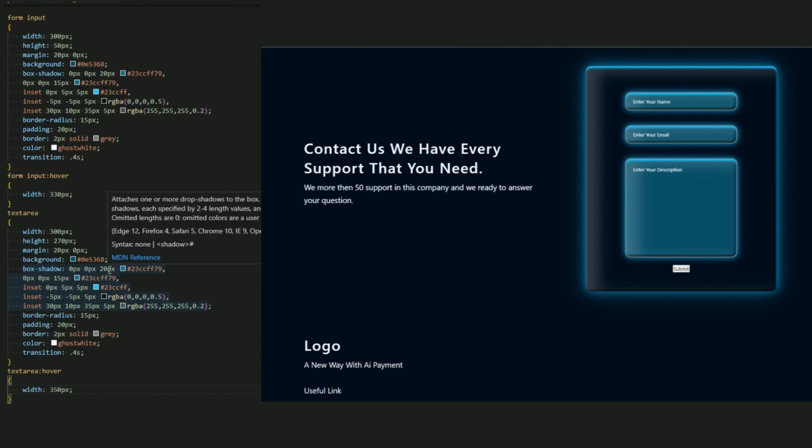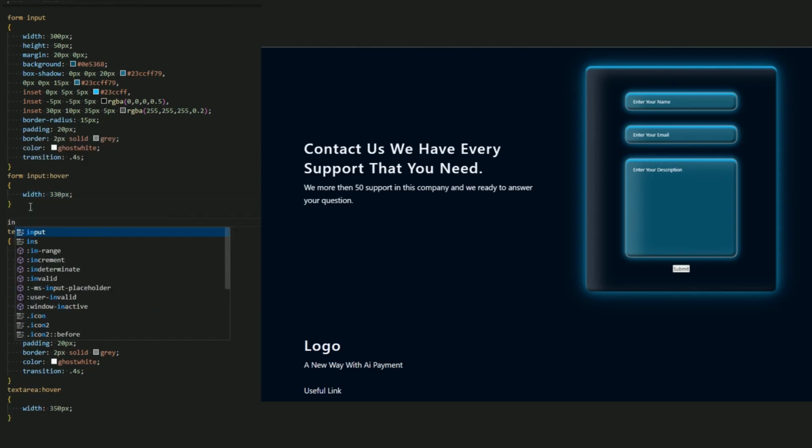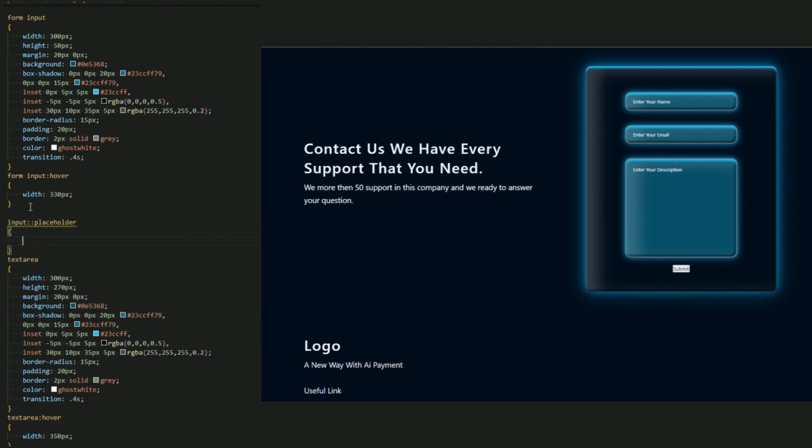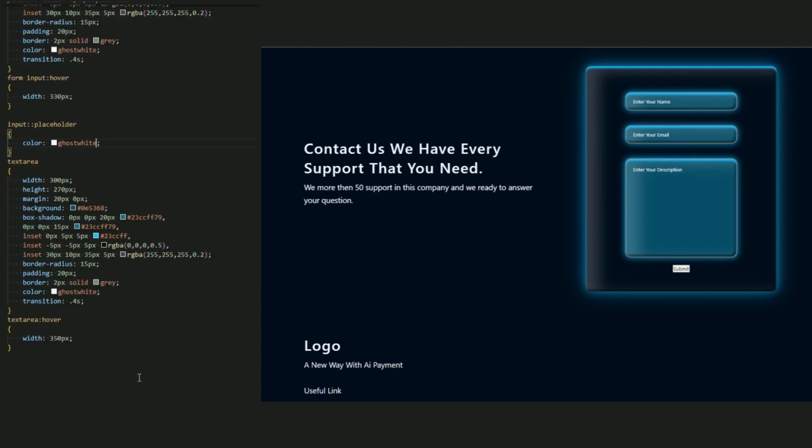Let me add a custom color for the placeholder. So input placeholder. Let the color be ghost white. Yeah, color be ghost white. Here we go. And now for a button,